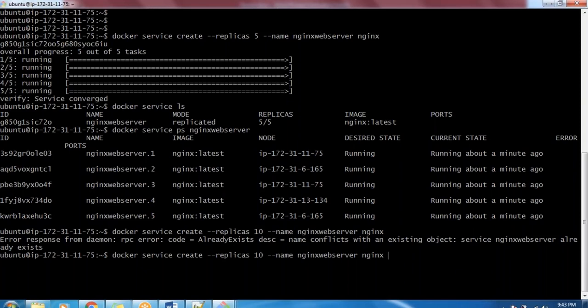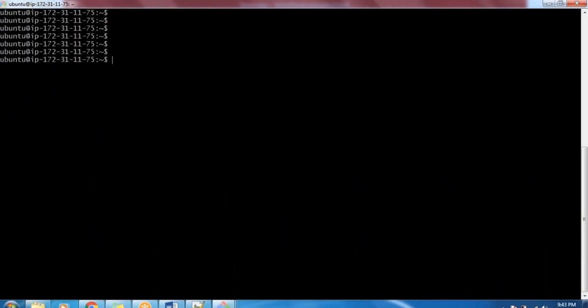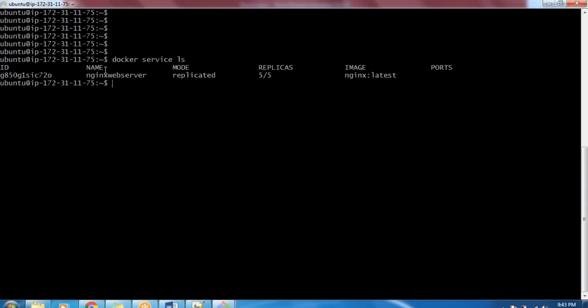Okay. So guys, actually I used replicas, but it is not replicas. One second, let me clear my screen. I need to scale up this one. So how to scale up? What is the command? Docker service. Let's first check the list, because I want this name. The docker service